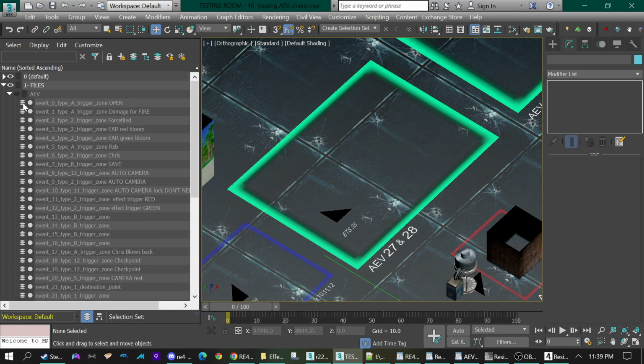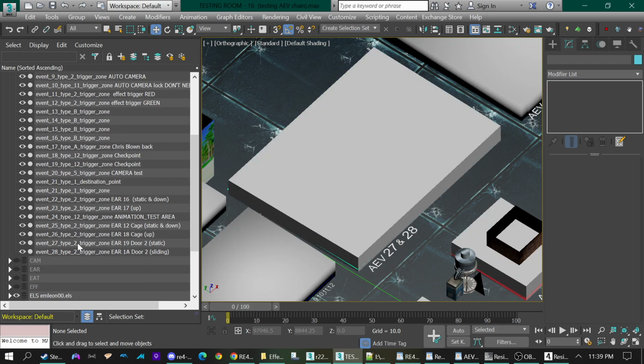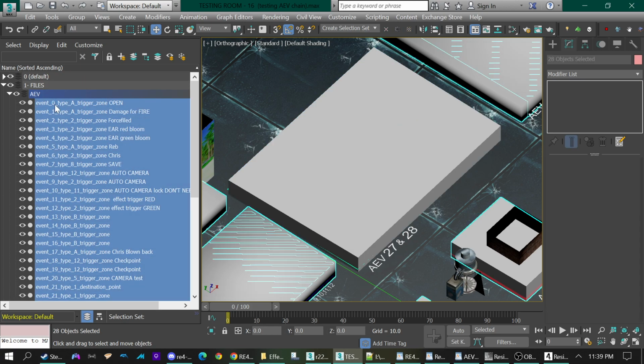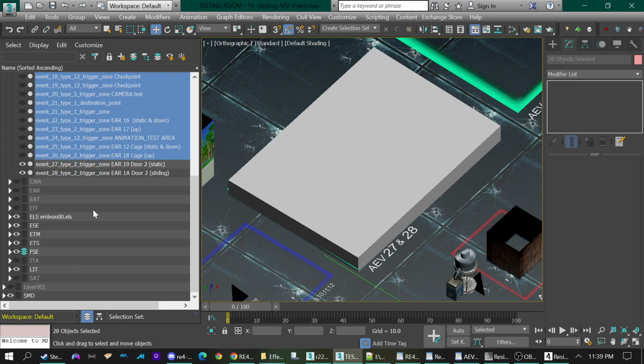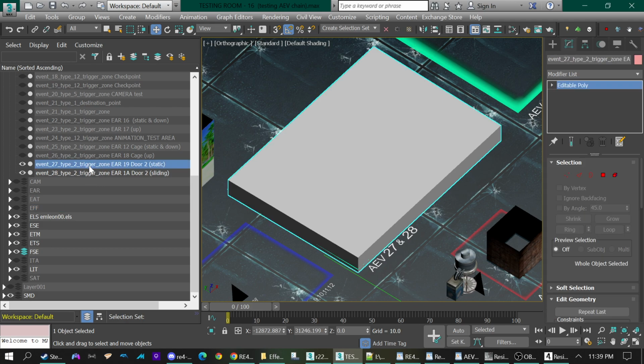So we have two AEV events. They're both taking up the same amount of space. So one is for the door that doesn't move, and these are connected to two different ears. So you need two different effects. You need one effect that turns on, and then while the other one turns off, and then the other one has to turn off while the other one turns on. So to make this thing move, it's got to be